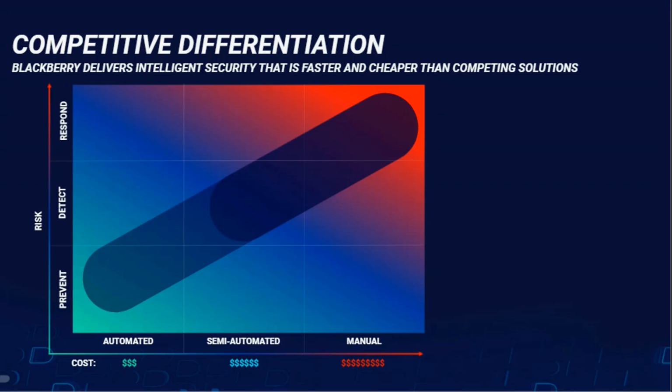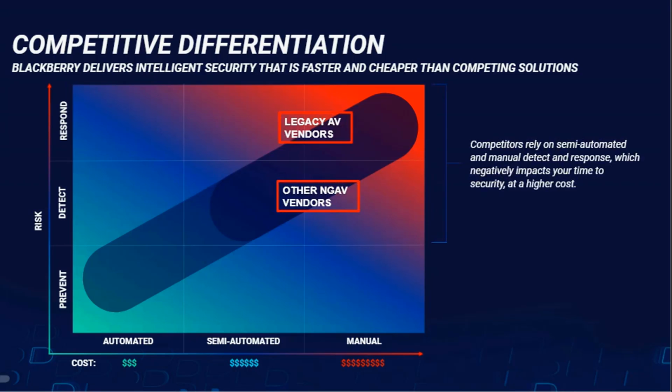Right. So what we see in the market, our competitors heavily rely on detect and respond. So their prevention technology is based on signature updates, cloud reliance, etc., both for legacy AV and to a large extent the next gen AV vendors as well. What you get there is, if there's a 0-day attack happening, like recently you might have seen with DARKSIDE, CONTI, ransomware, etc., what they have is a detection, and then it takes hours or days for them to update those signatures and get you protected.